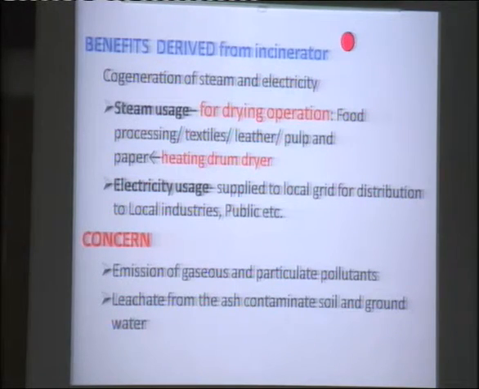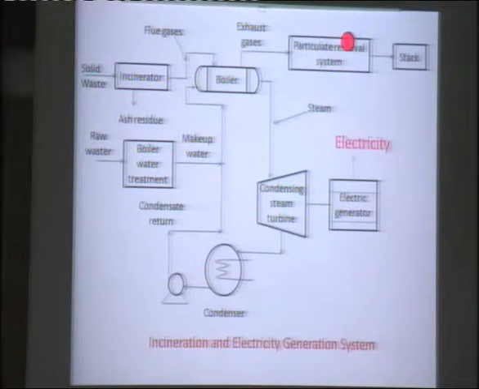As you know, paper, cloth, and all such things need to be dried in a drum dryer. Steam is fed into the drum, and over the drum the cloth or paper passes and can be dried. The temperature is generally 900 to 1100 degrees centigrade, and the residue obtained from these types of incinerator is generally not more than 10%. What is to be done? It is to be sent to landfill. Next.